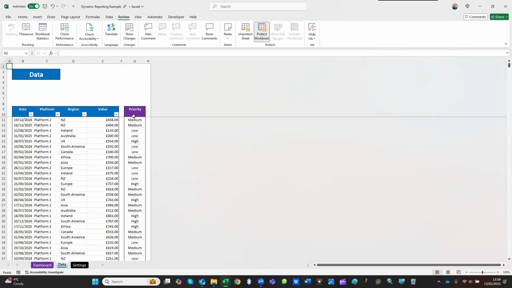The problem comes in when I've got formulated columns like this one. We can't extend those filters across to the formulated columns because they're locked down, and I don't want people to be able to fiddle with those. The other times I might not even show this column, and maybe it's hidden behind the scenes somewhere, but I'll have that data available. So what I often do